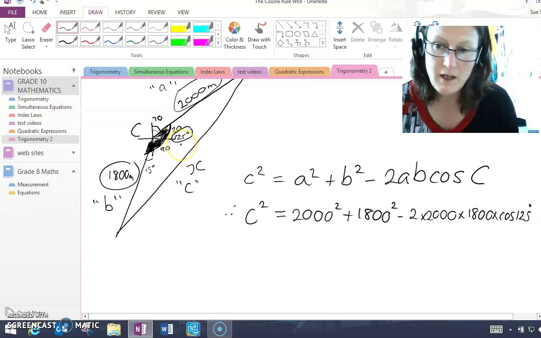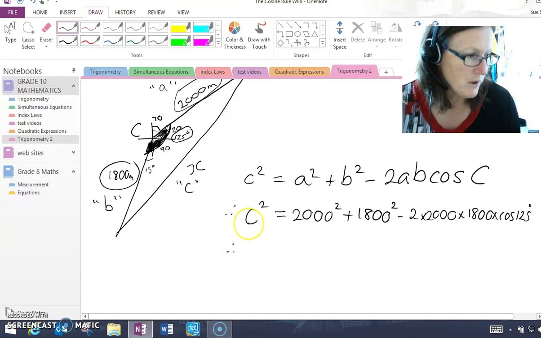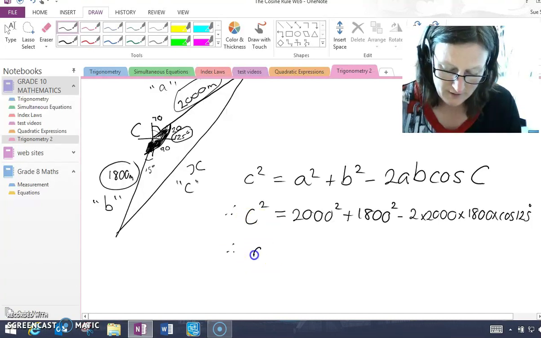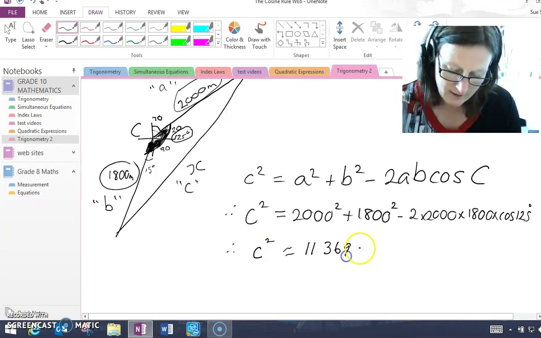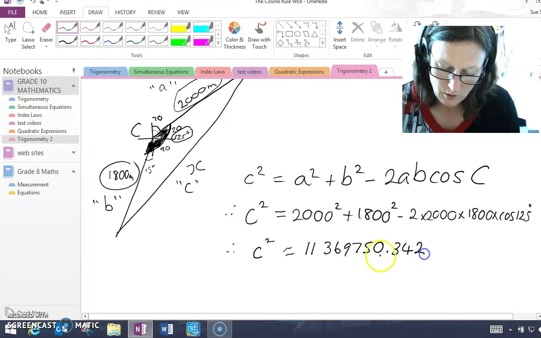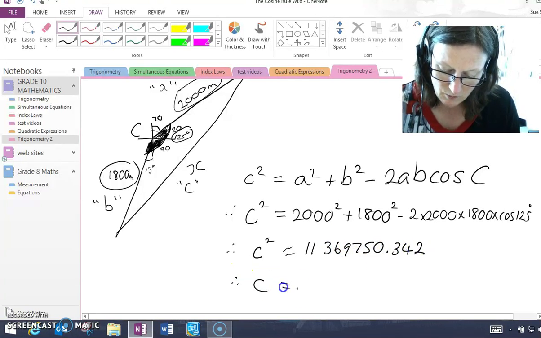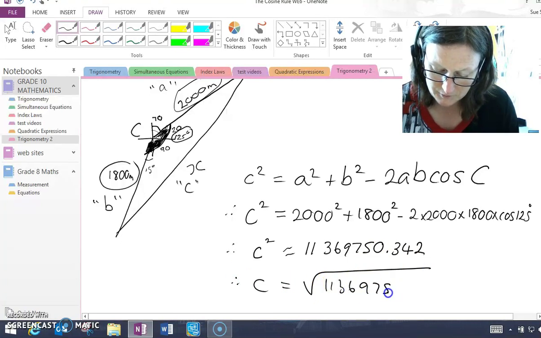Earlier on we talked about how we found that the angle was 125. If we put that into our calculator, C squared is equal to approximately 11369,750.342. We want to find what C is, not what C squared is, so we take the square root of that number above,